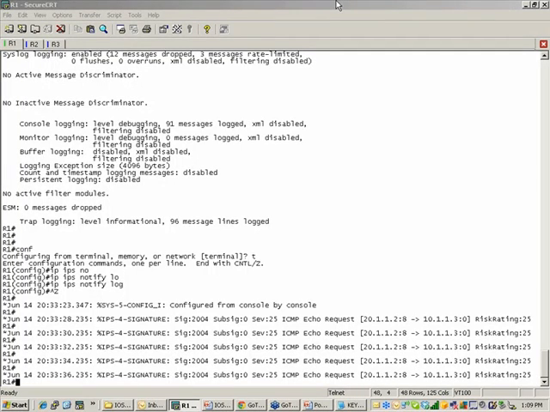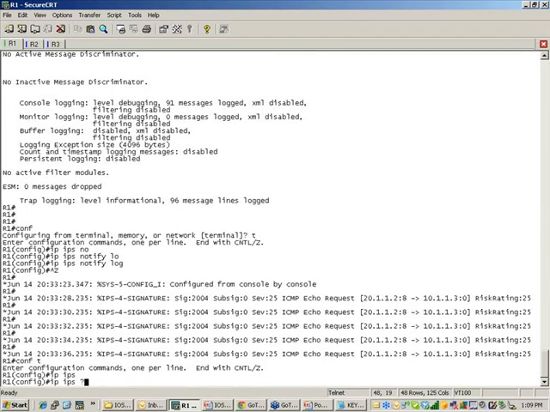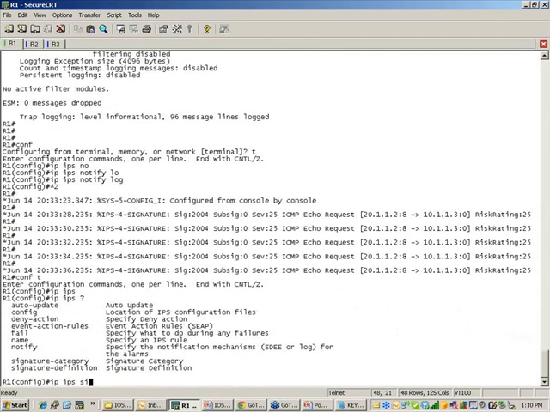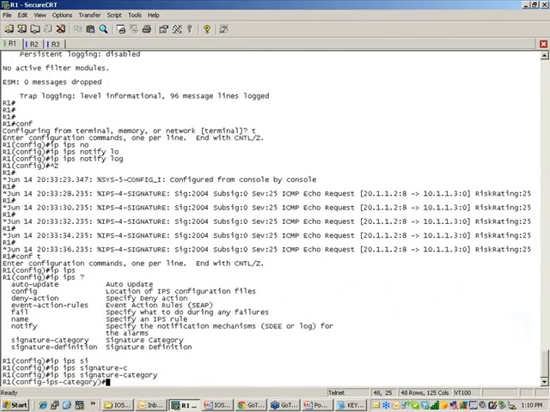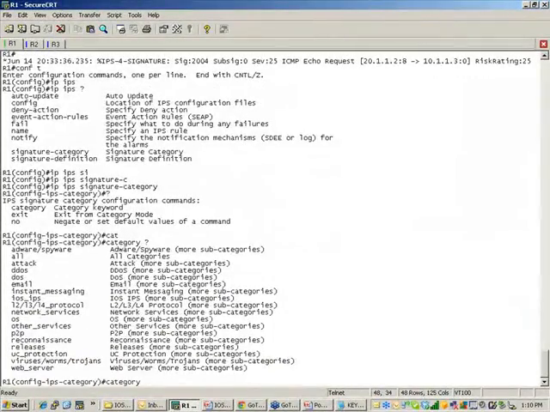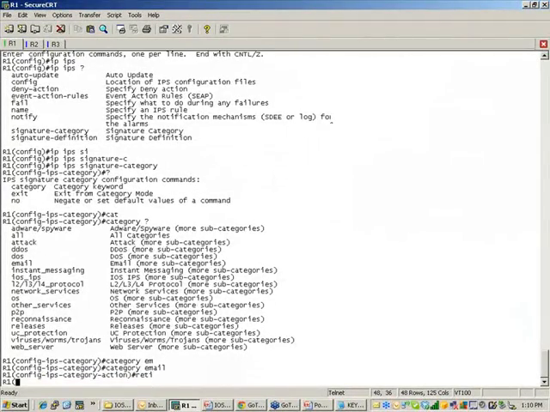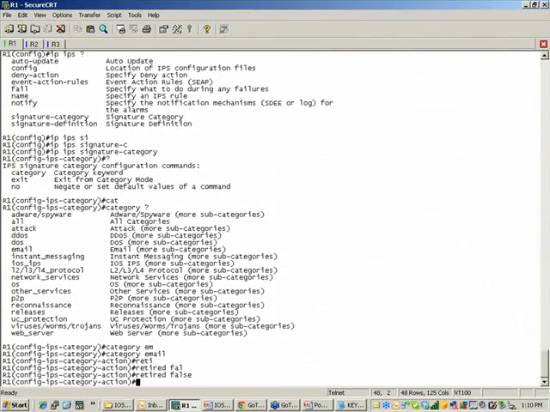That's just a quick demo of how to configure a signature, how to change the event action. Again, it's under the engine portion under signatures. You can also turn signatures on, like we mentioned, by using IPS signature category instead of signature definition. So I could say, how about category email? I could say retired false,